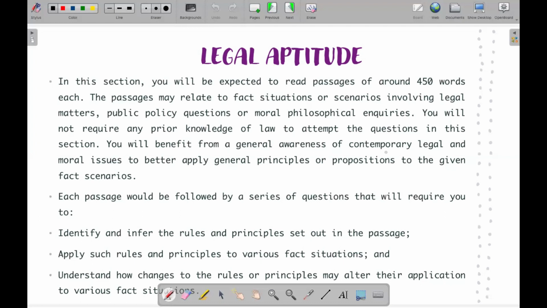Again, for legal aptitude, the best way to prepare for it is solve as many questions as possible, right? This is again not something that you can just practice overnight. You have to basically inculcate a habit of thinking in a particular manner. Like people who do well in legal aptitude, few things that they remember is that they always stick to the principle which is in front of them, which they derived from the passage. They basically do not use external knowledge. They do not use emotions while coming up with an answer, and they think rationally all throughout. So these are some tips that you have to remember.